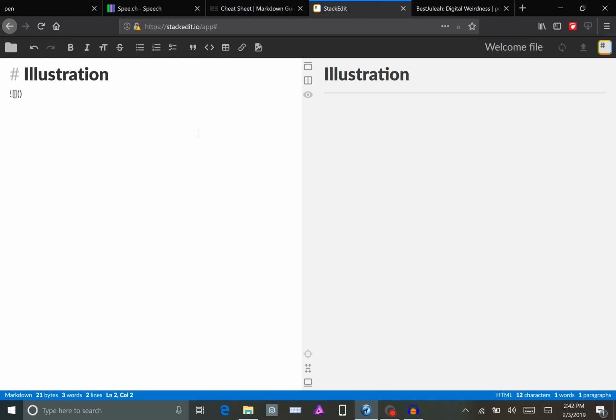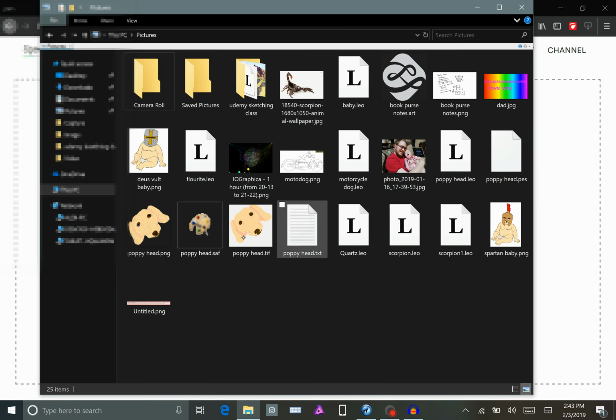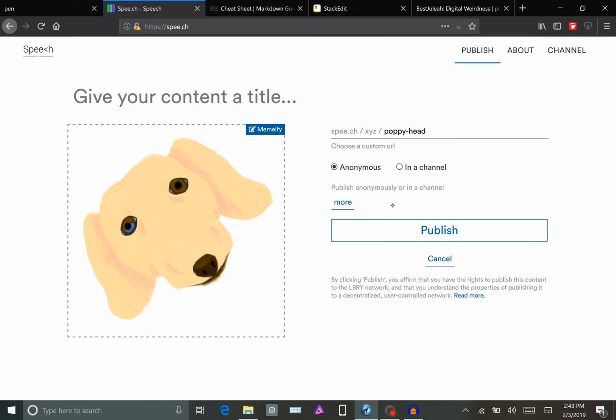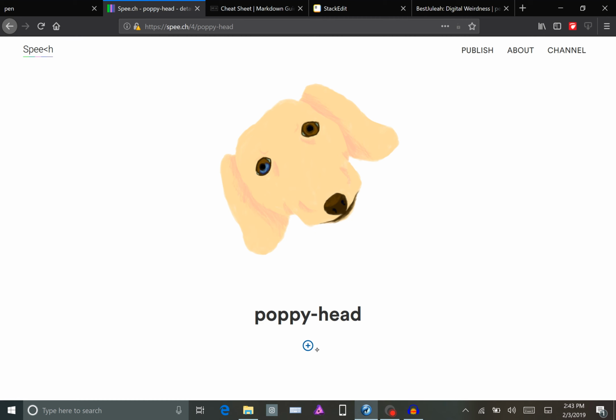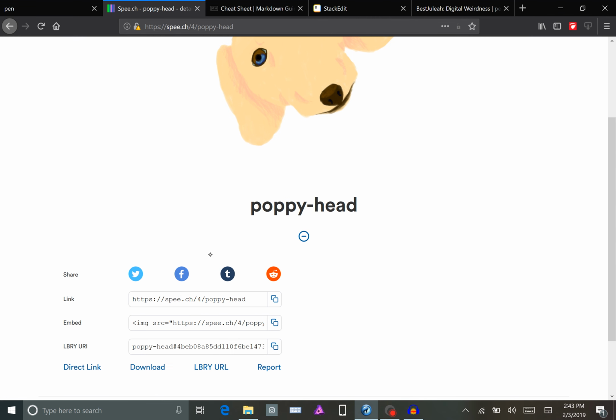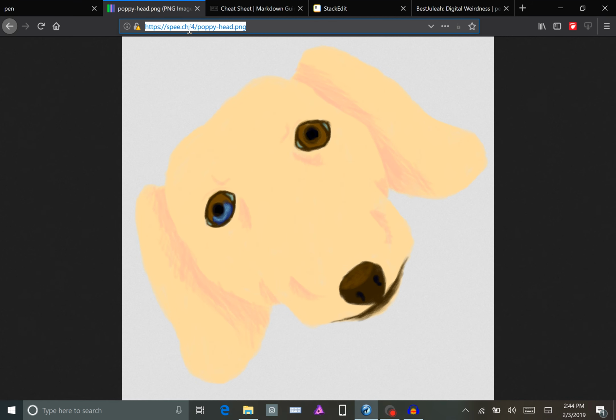So you start off with the brackets and then the parentheses. I'm going to upload a picture of a dog. You can use any sort of file upload like Imgur or something. I like using Imgur. So I'm going to upload this dog, Poppy head. So my link here, and paste the link into the parentheses. The direct link, that's what I'm looking for. Okay, so you're going to take the direct link,